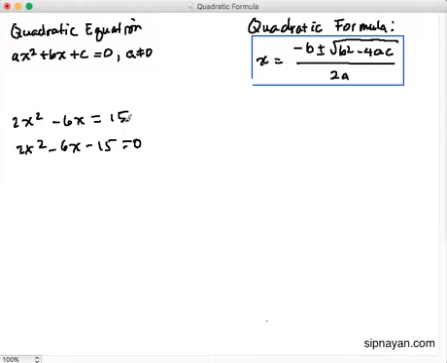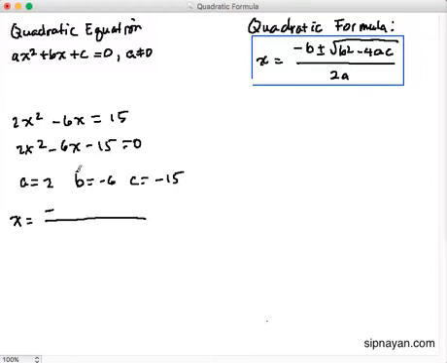So here, makukuha na natin yung value ng a, b, and c. We have a equals 2, b equals negative 6, and c equals negative 15. No? So, yun na yung ABC natin. Pag alam na natin yung ABC, pwede natin gamitin to, no? Yung formula na to. You can substitute the values of a, b, and c in this formula. So we have x equals